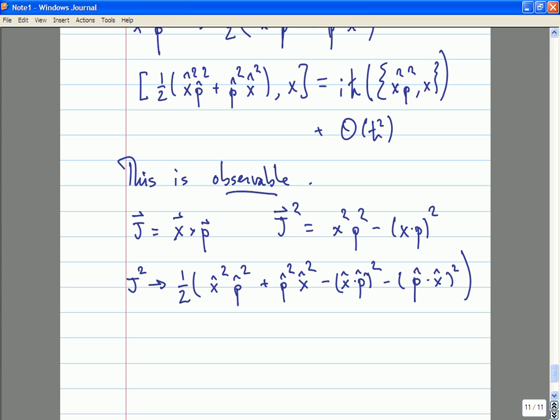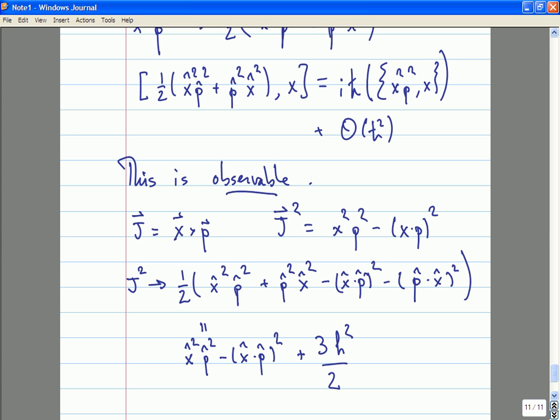Indeed, the commutator of x and p is a constant. So if you work it out, this will differ from the classical expression by a constant. So you'll get x hat squared p hat squared minus x hat dot p hat squared plus a constant. What is that constant? Well, I won't bother and compute it for you. I'll just tell you the answer. By dimensional analysis, you know it has to go like h bar squared, because j has units of h bar. H bar has units of angular momentum. And so there's just some number, which is 3h bar squared over 2.